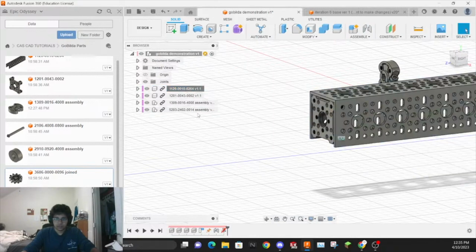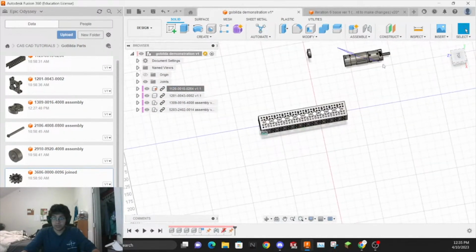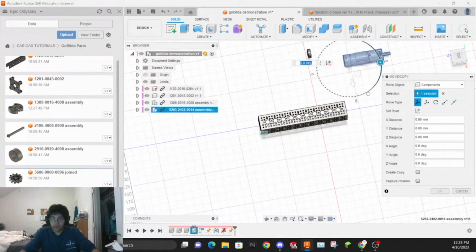Oh, shoot. So ground, right? So now we have that. I'm going to insert my motor in here. So let's put this motor in the right position. I'm going to select my motor, spin it around,